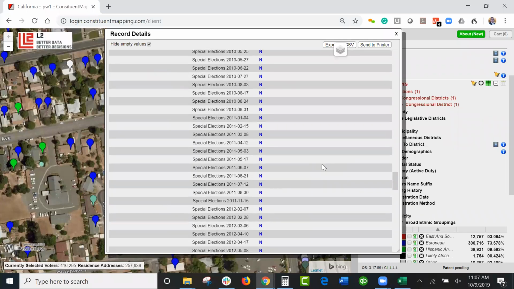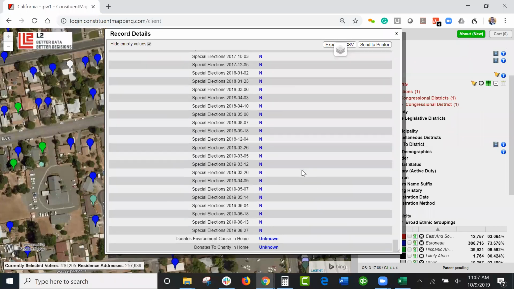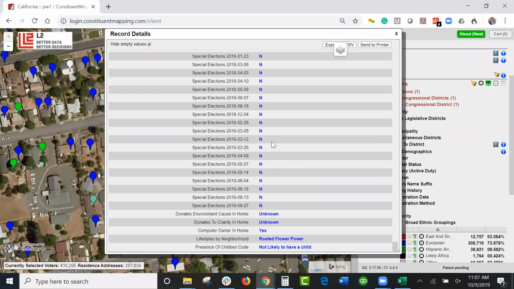Scroll all the way down through the application, and you can see this full vote history. This is across the state. Obviously, there are hundreds of elections. In many cases, she may not have even had the opportunity to vote in some of these, so she's not that terrible of a voter. But at the end of the day, we do give you those